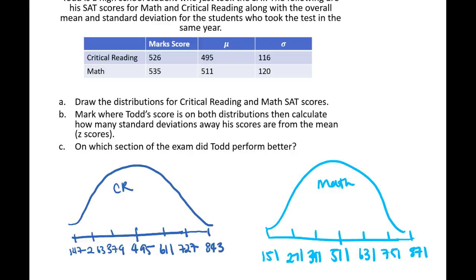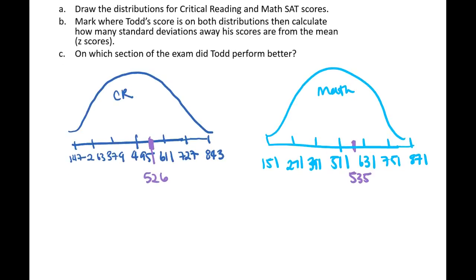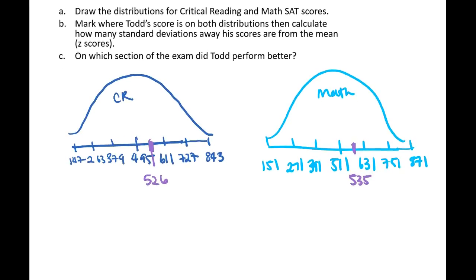Let's mark where Todd's score is. And so Todd is, for the critical reading, 526, so that's right about here. So if we eyeball it, that's 526. And for his math score, he's at 535. So that's right about here, 535. And if we're just eyeballing these two distributions, it looks like he scored relatively the same on both portions of the SAT. However, we can actually calculate exactly how many standard deviations away his score is from the